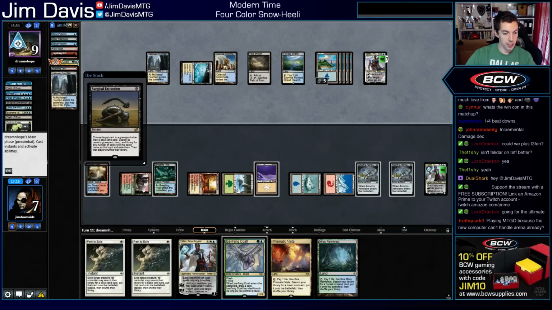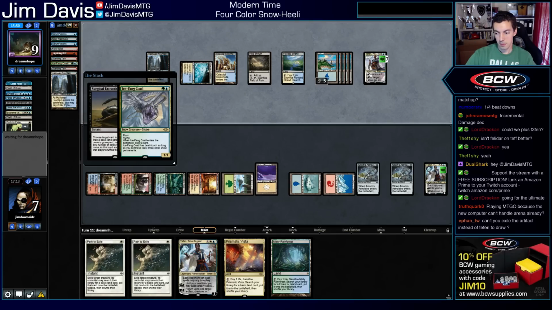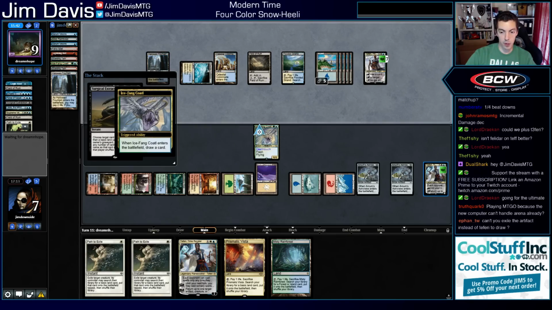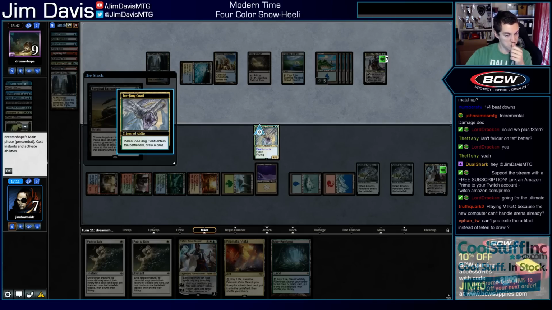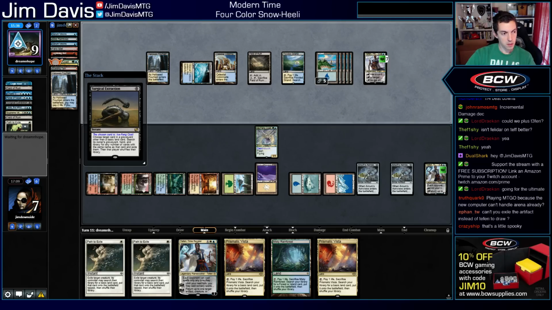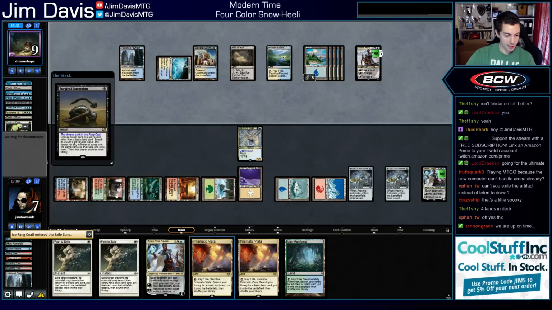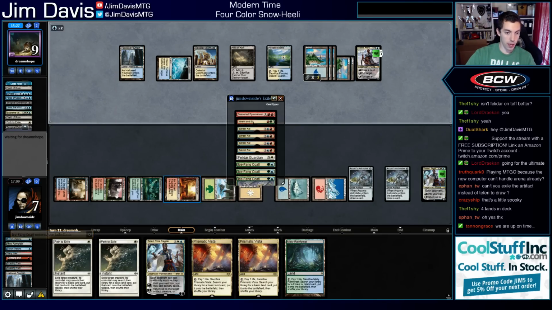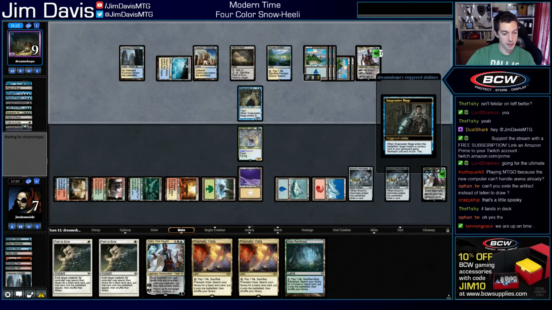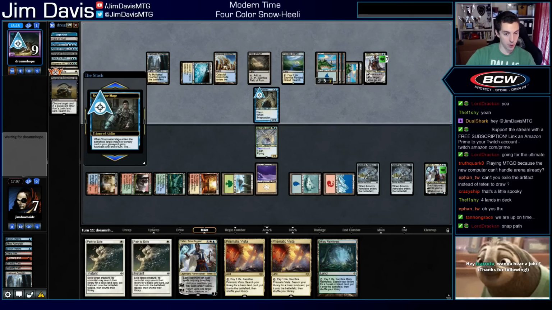Surgical Extraction, targeting Ice-Fang Coatl. It's very rude. By flickering Teferi, we draw 2 instead of 1. Alright, so they have 2 cards left. Yeah, we have 4 lands left in our deck. Unfortunately, we just lost 2 more spells, but... Snapcaster Mage? Okay. Path to Exile. Okay. And they know my hand at this point, so...